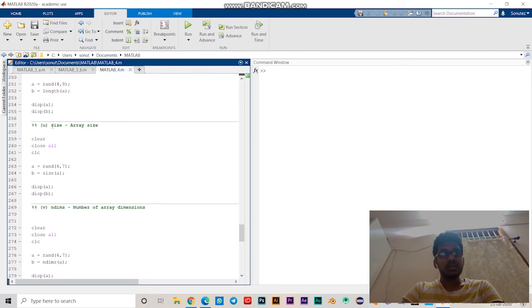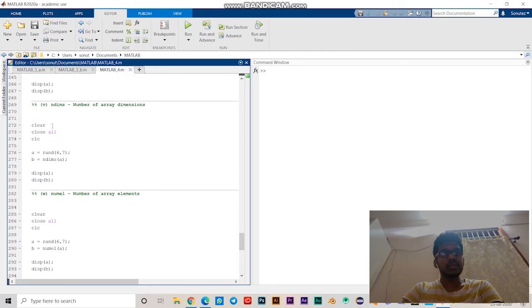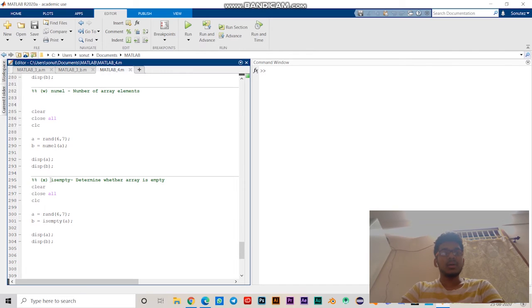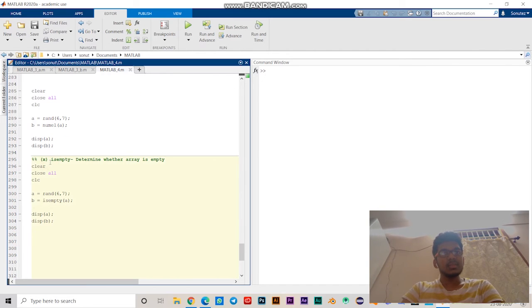We can use the size command to get the array size, and we can use the ndims command to get the array dimensions, and we can use the numel command to get the number of array elements in the matrix. And the isempty command is used to determine whether the array is empty or not.